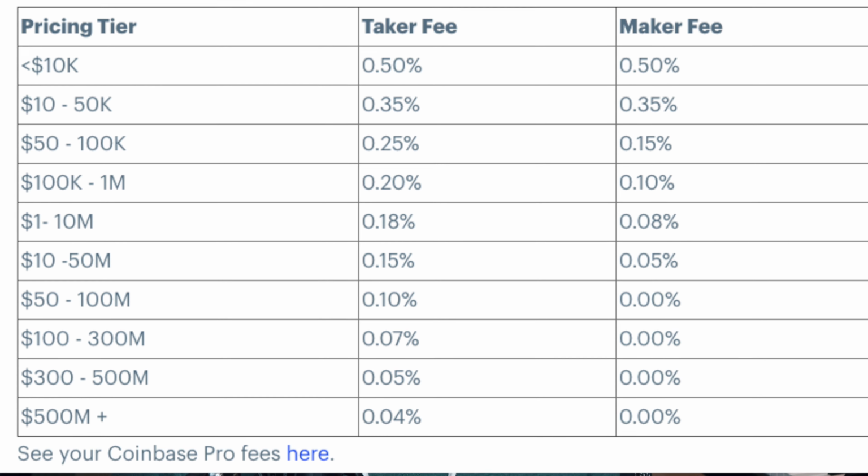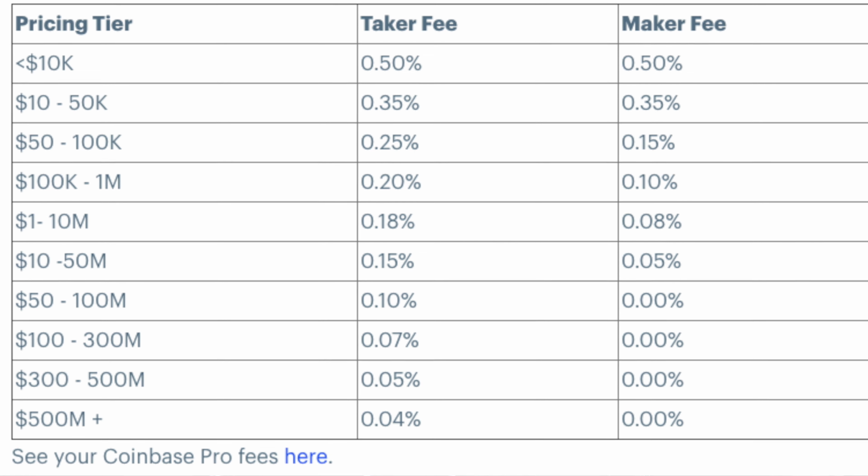So the reason I like Coinbase Pro is there's no fee to deposit money. Again, I love that. I don't want to pay unnecessary fees. And if you're trading less than $10,000 worth of Bitcoin over the span of 30 days, when you purchase Bitcoin, you're only going to have to pay like half of 1% in fees. So if you buy $100 worth of Bitcoin, that'll charge you like 50 cents for that purchase. That's super cheap and a lot cheaper than standard Coinbase. If you're doing more than $10,000, it's kind of a scale. There's a graph. I'll show it on screen,